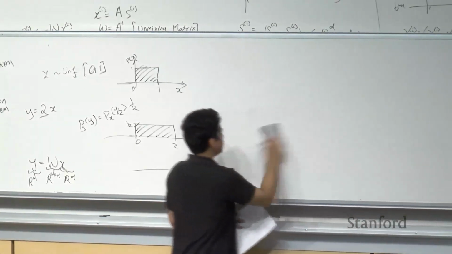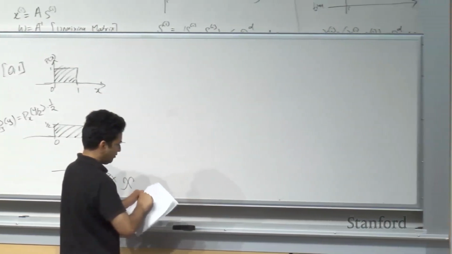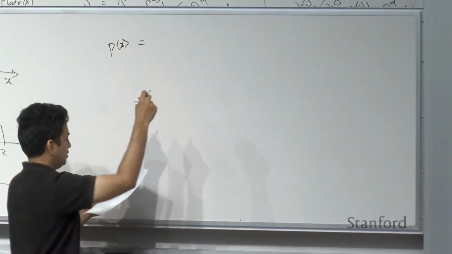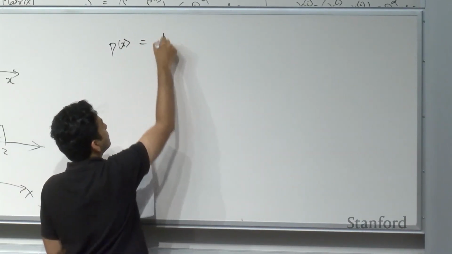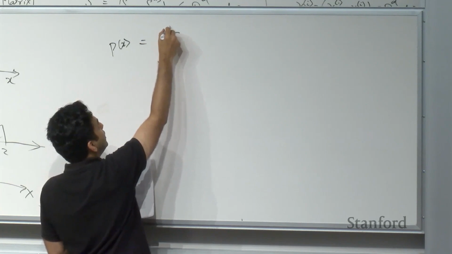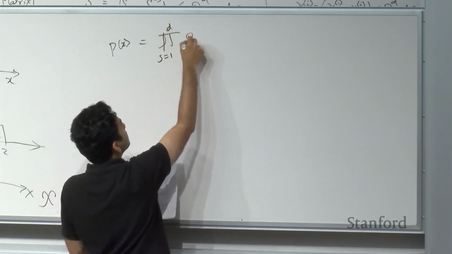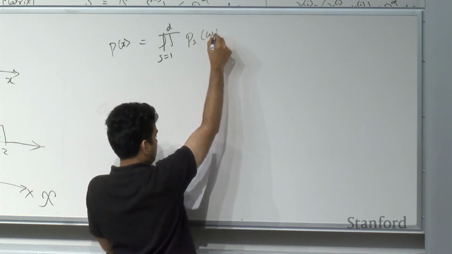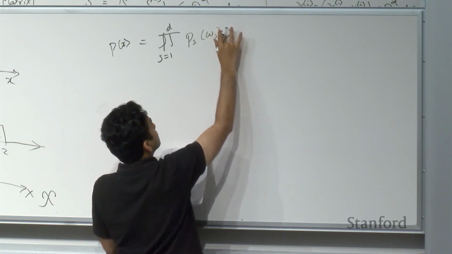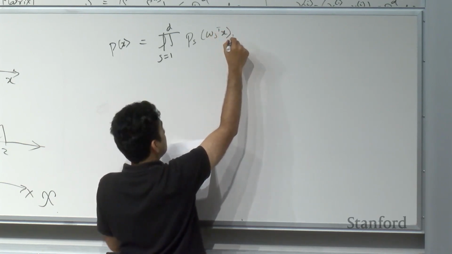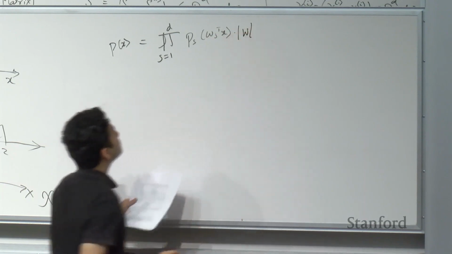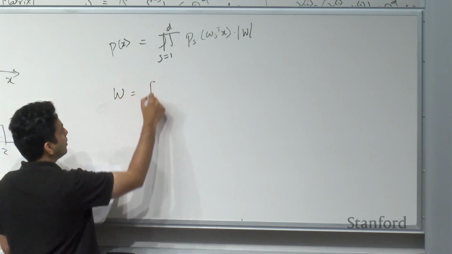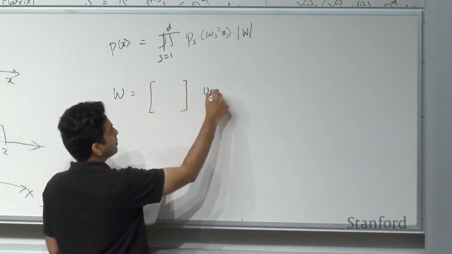So in ICA, we define P of x to be the product from j equals 1 to d of Ps of Wj transpose x, times the determinant of W. Over here, W is the unmixing matrix